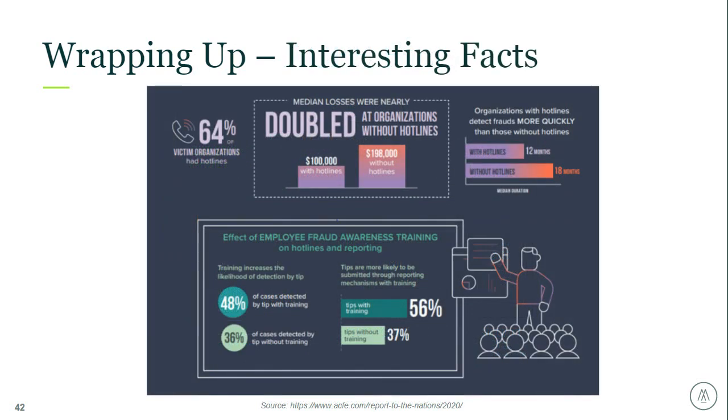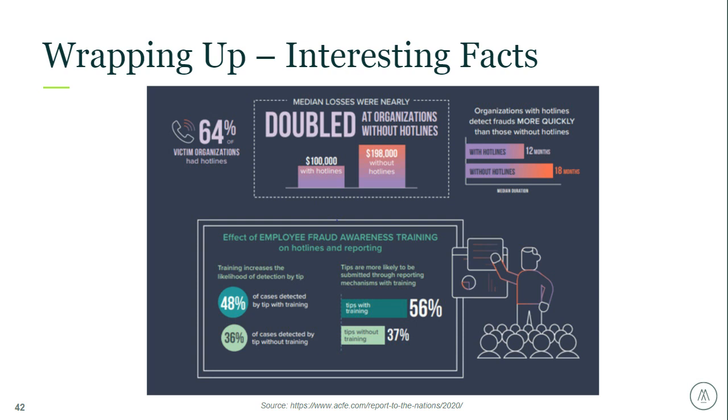All right, last set of stats on here from the Fraud Examiner's report. I think this really helps highlight some of those entity-level controls that can be really effective in the fight against fraud. A lot of times we focus in on segregation of duties and specific internal controls such as reviews, approvals, and reconciliations. But equally important are some of the entity-level controls that can be put in place to help prevent fraud. The first thing to highlight on here, of course, we've talked about fraud hotlines and the effectiveness of those, but this kind of puts it into perspective with some actual numbers here.